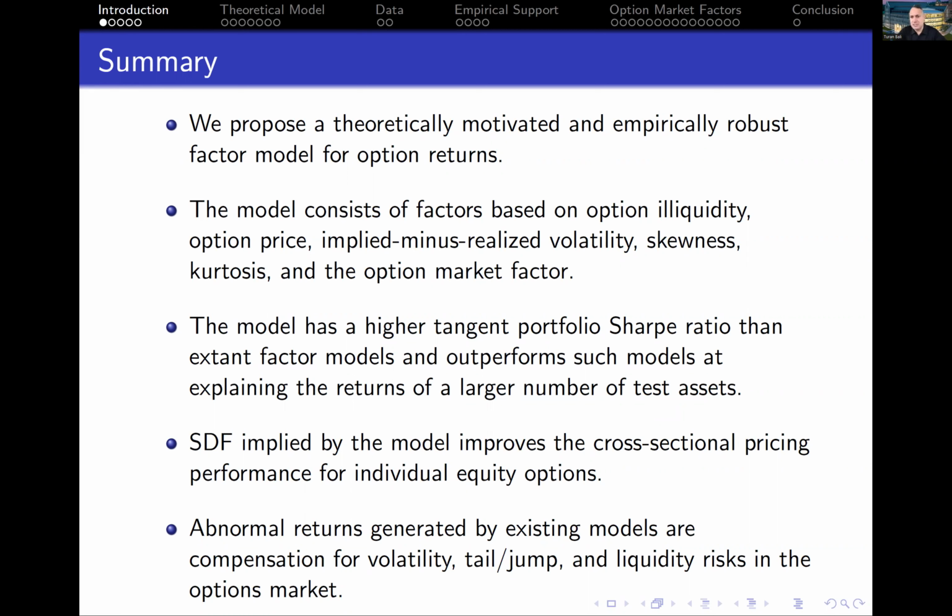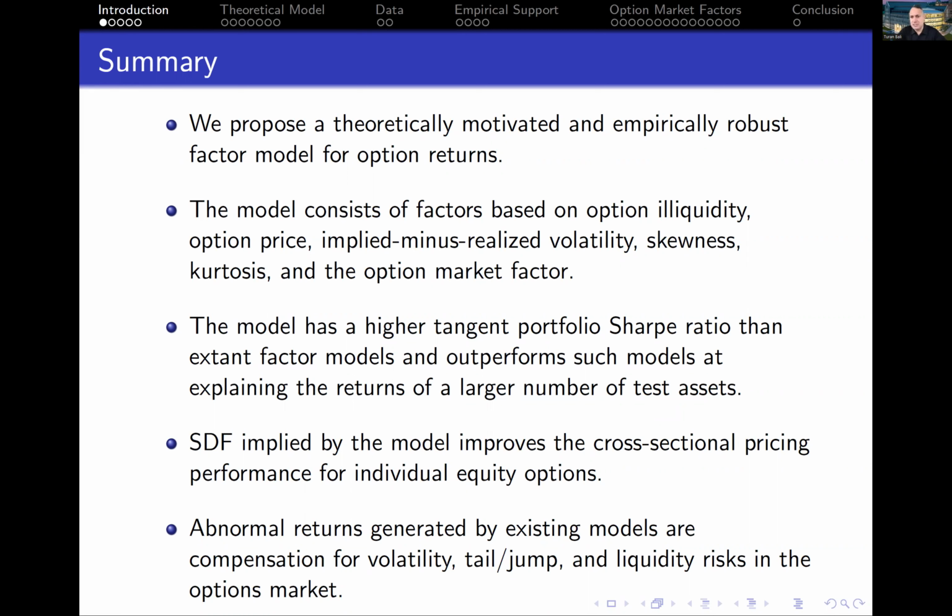And once we introduce this factor model, we evaluate the empirical performance of this model, and we also horse race between our model and existing factor models. And we show that the Sharpe ratio of each factor is greater than the Sharpe ratio of existing factors. And also the Sharpe ratio of the tangency portfolio of our factor model is greater than the existing models' tangency portfolio Sharpe ratio. And then we do the standard GRS test and look at absolute alpha of a large number of